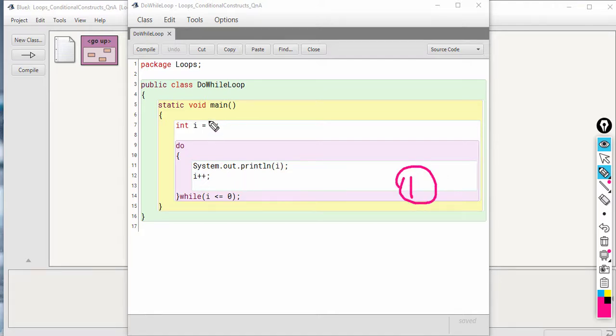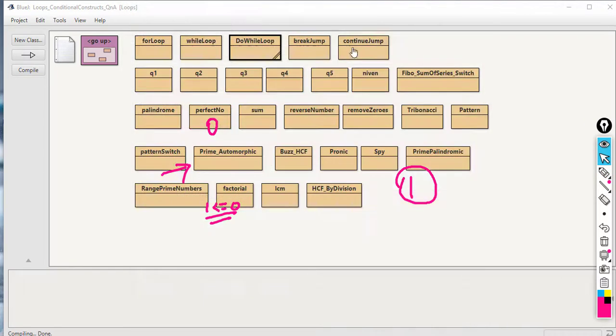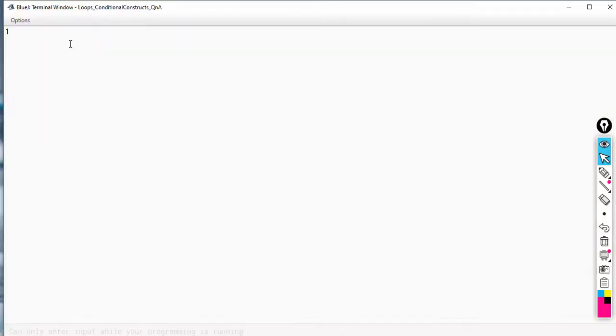Initially, if you see the value of I is 1, okay, and the condition here is 1 less than equal to 0, which is already false. But as I told you, the control enters the loop for the first time without checking any condition. Okay. So the output is 1. Let's have a look. So as you can see, the output is 1.